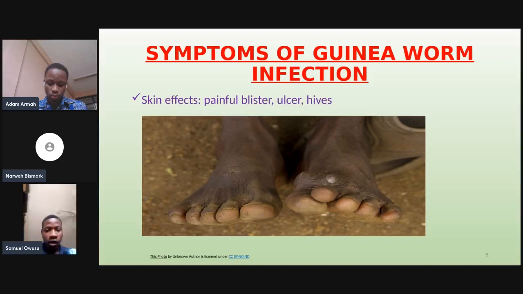Okay. So the symptoms of the guinea worm, there are numerous symptoms, but for me, I would like to elaborate on only two of them. So first,